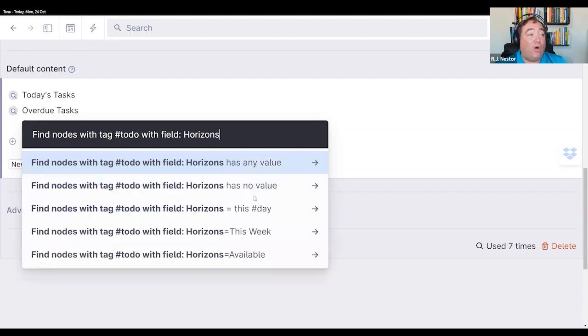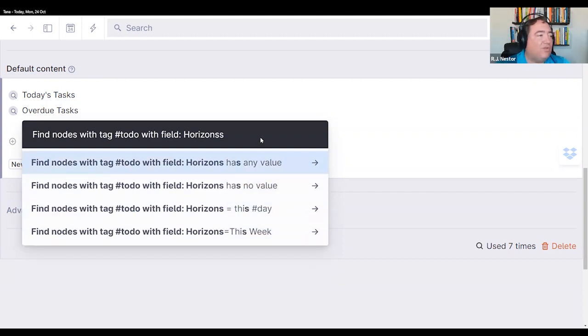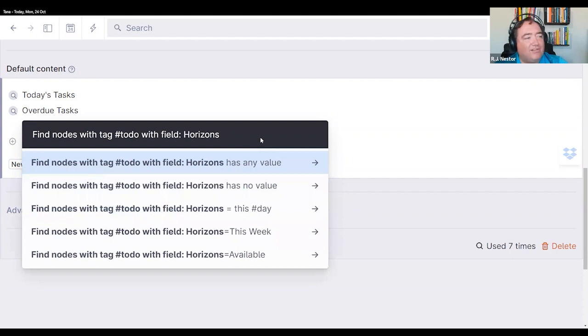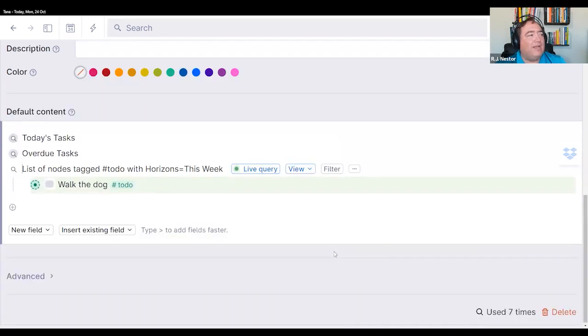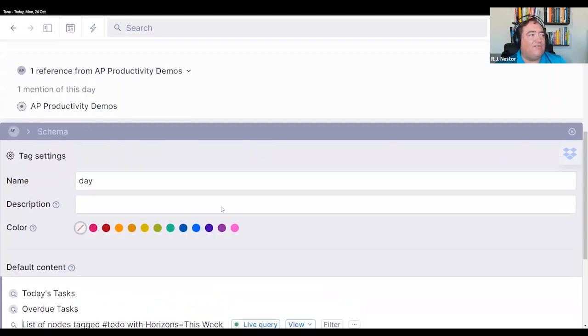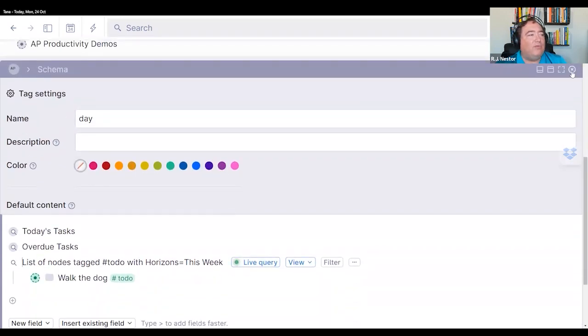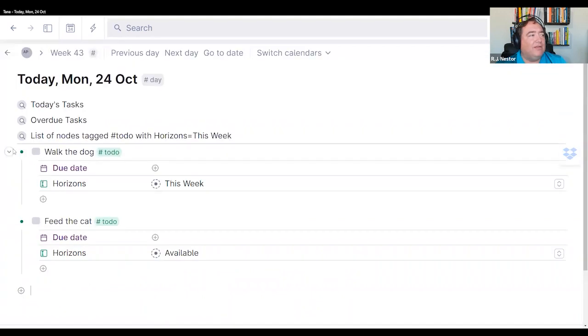And it'll also know all of the options that have been chosen so far, it looks like, but I can start searching for them. And I can say things that are this week, or are available. So we have them chosen. If something exists that way, it'll show them up. So for this particular one, I want to see things that are tagged this week. And for the moment, let's go ahead and save that as a list. I'll show you some other options here. I'm still in the configuration right now, but you'll see when we get out to the main screen here, if I were to look at that,